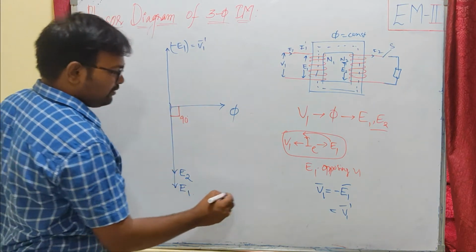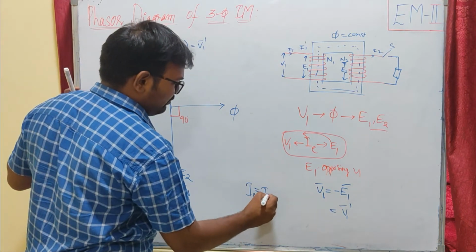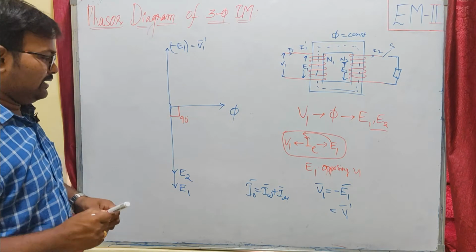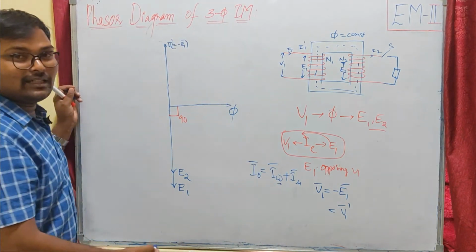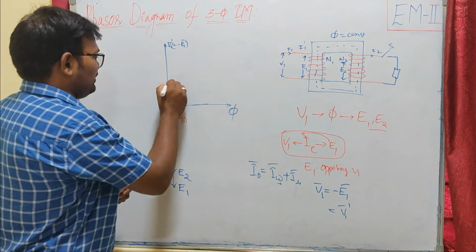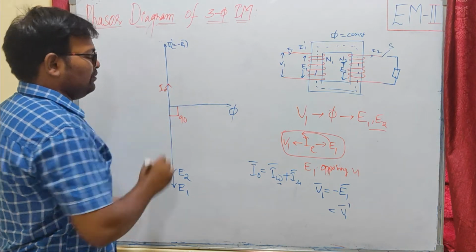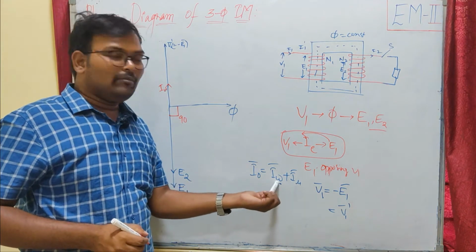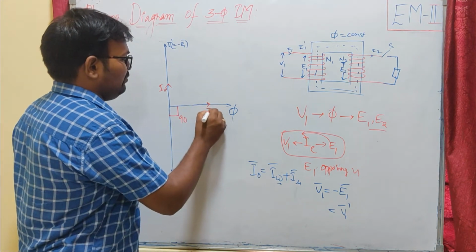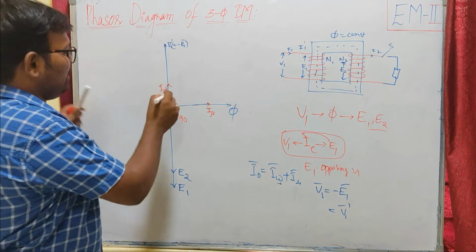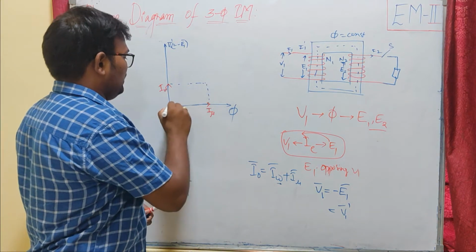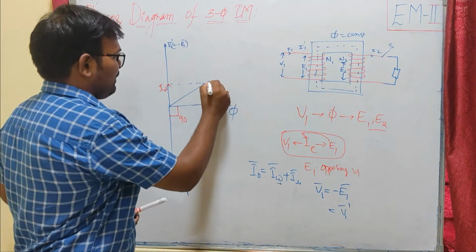As you already know, the no load current of our transformer is the sum of the core loss component and the magnetizing component. Here the core loss component will be in phase with the supply voltage V1. So this is my core loss component IW. Because IMU is a reactive component and IW is a resistive component, they will be 90 degrees away from each other. That means IMU will lag IW by 90 degrees. So the phasor sum of IW and IMU is the no load current.